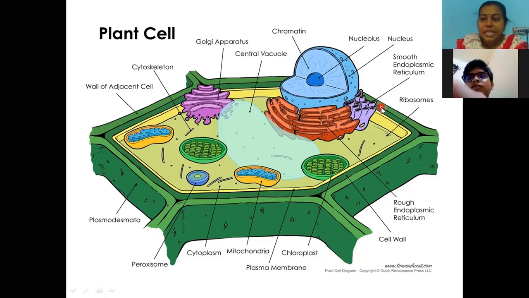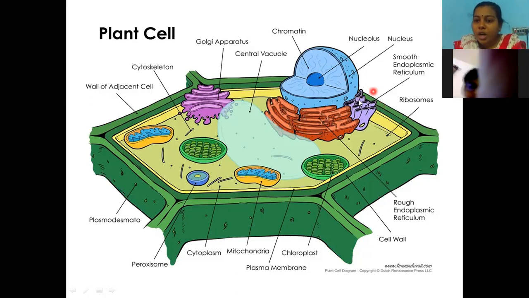Now, let us see the points of the endoplasmic reticulum. I think you got an idea of the structure. See, this is the endoplasmic reticulum. It is a network-like structure present in the cytoplasm, having connections with the outer nuclear membrane and the plasma membrane. So it works like a transporting channel. Through this only, ions, substances, and minerals will be transported from one place to another.